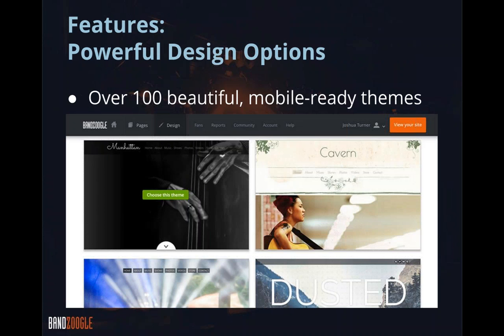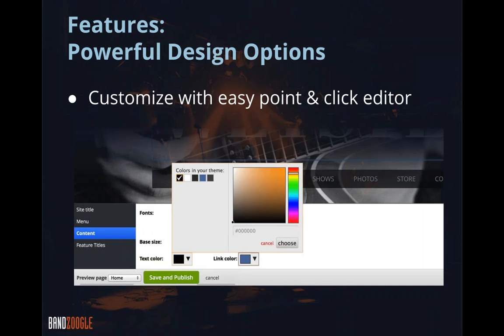So if it's a mobile phone, tablet, desktop, or laptop, you don't have to worry about creating a second website for mobile. You can customize them really easily, and I'll talk about this a little bit later, but we're actually completely overhauling our design system. It's going to be ready in 2 weeks, so the design tab I'm going to show you tonight is actually going to look totally different in about 2 weeks, but it's going to be a lot easier to customize all the different elements of your